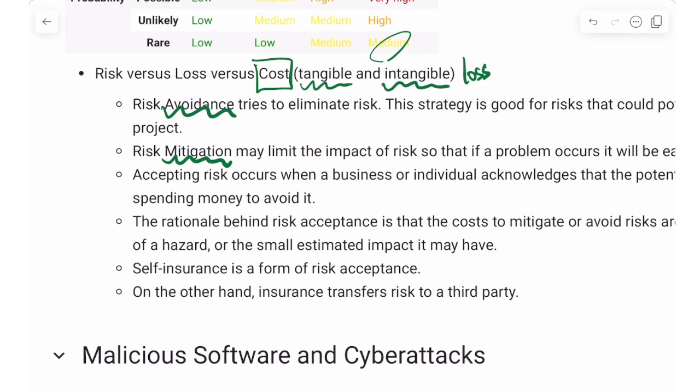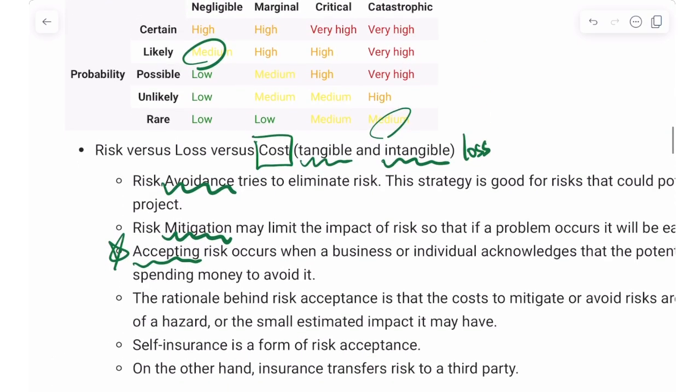Okay, and the third thing is quite interesting, that we accept a certain kind of risk because it might belong to the low category in the risk matrix. We simply just ignore such a risk because it is a risk, right? But it is not that important for us to deal with such a risk immediately. We can just simply accept the risk.